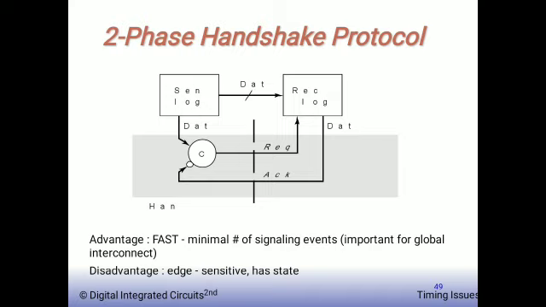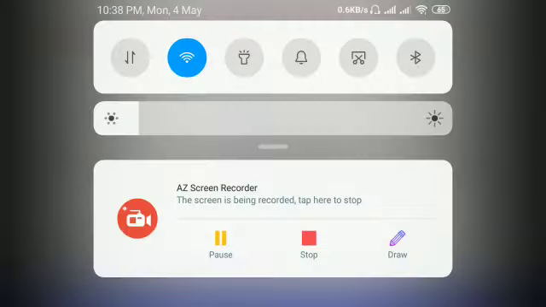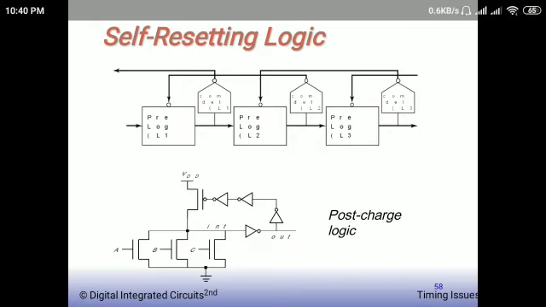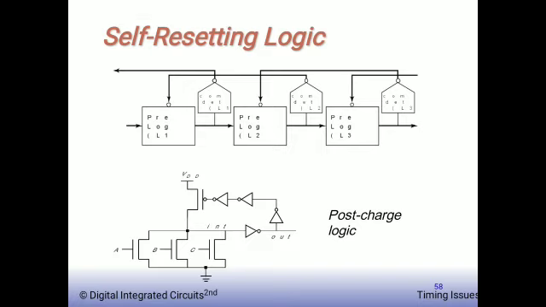An acknowledgement is issued, which unblocks the C element and passes the control back to the sender. A data ready going low event, which might already have happened before the acknowledgement, produces a request to go low, and the cycle is repeated once again. So, as shown in this particular figure, is the post-charge logic.